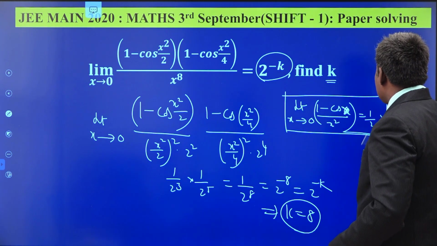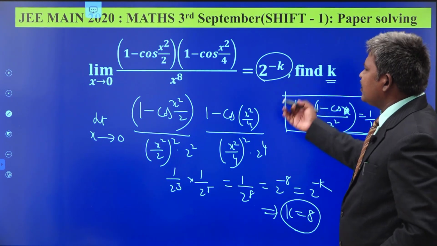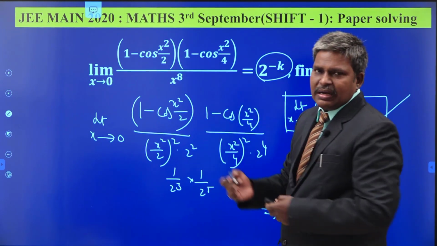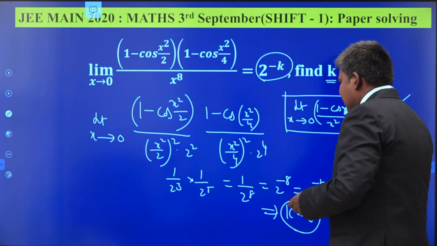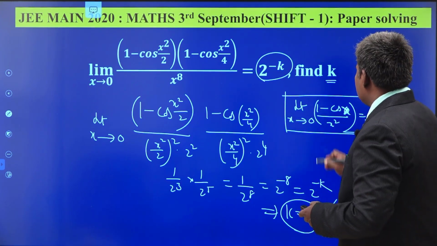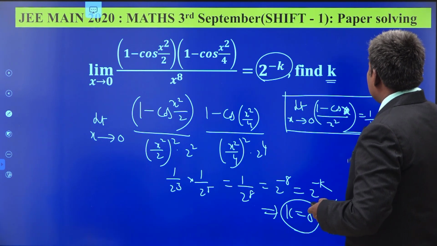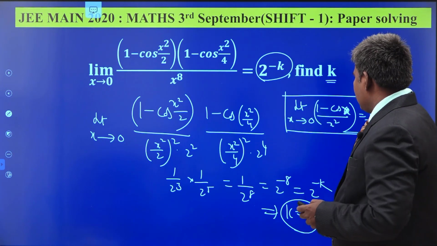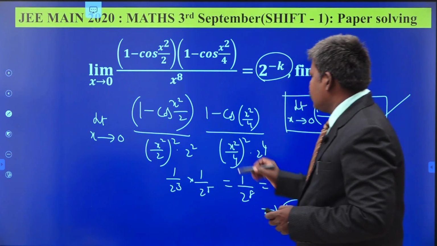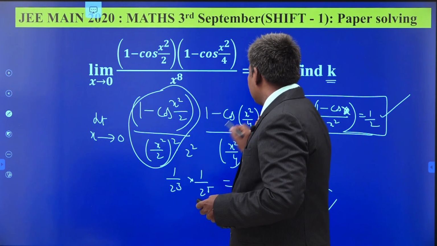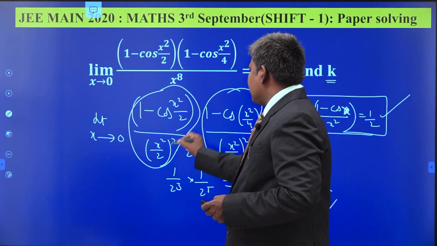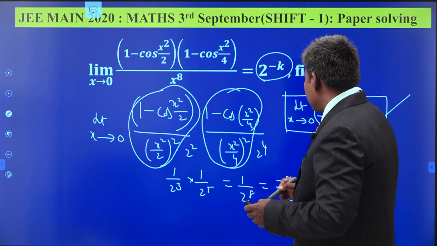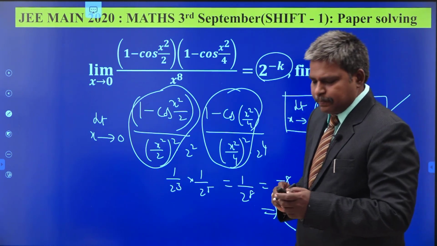This is the simplest formula you have here. Or otherwise you can write 1 minus cos theta as 2 sin square theta by 2, and then apply the formula. In the same manner we obtain the value of k as 8. So limit x tends to 0, 1 minus cos x by x square is half, a very simple formula. Using it here, we get the answer k as 8. It is 1 by 2 into 1 by 2 square into 1 by 2 cube into 1 by 2 power 4, nothing but 1 by 2 power 8. The value of k is 8.